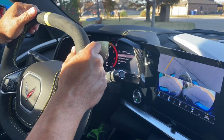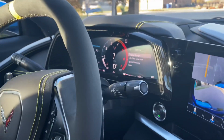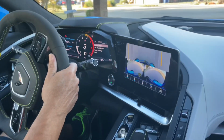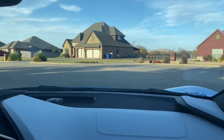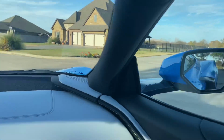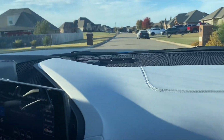We're gonna do a short trip. See how many miles it has? It has right now 489 miles. We are 11 miles away from the first break-in. At 500 miles, or shortly after 500 miles, the tachometer...